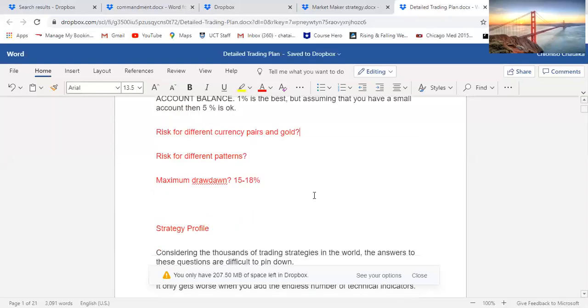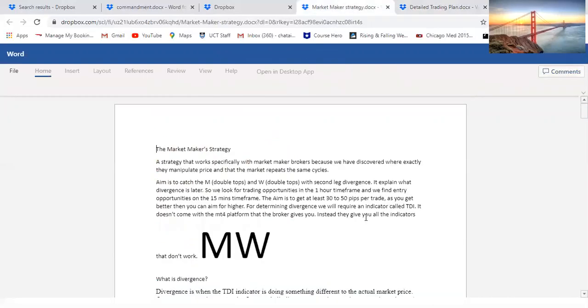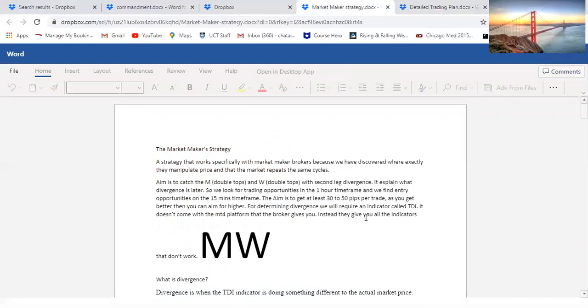Risk for different patterns. For me, not all patterns are the same, in the sense that I have different patterns I would allocate more money to than others. So, for example, for me, a normal